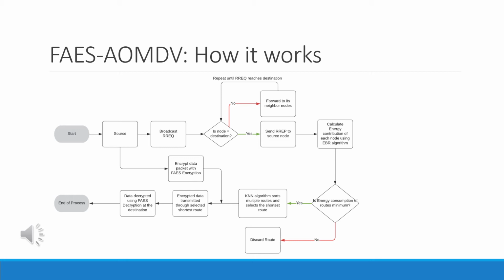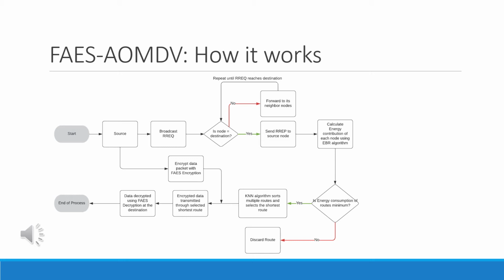If the node is not equal to the destination, it simply forwards it to its neighbor nodes until the route request reaches the destination. When the destination node receives the route request message, it sends a route reply message with its routing information through the intermediate nodes to the source. The source receives this route reply of the destination, and it updates its routing table with the routing information of the destination and intermediate nodes. Then the energy contribution of each node is calculated using the EBR algorithm to determine the energy